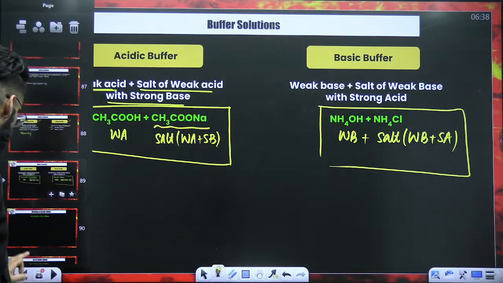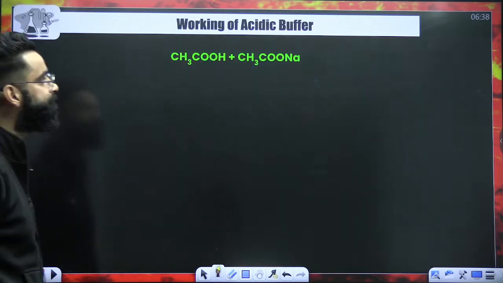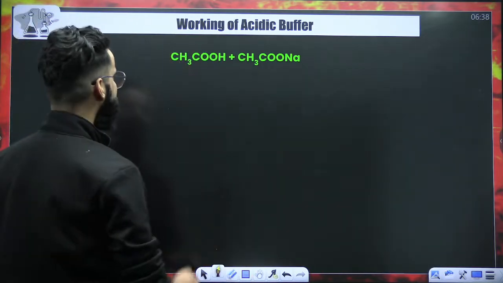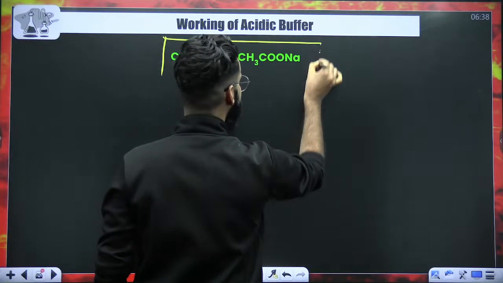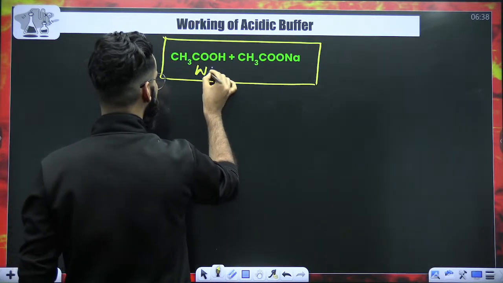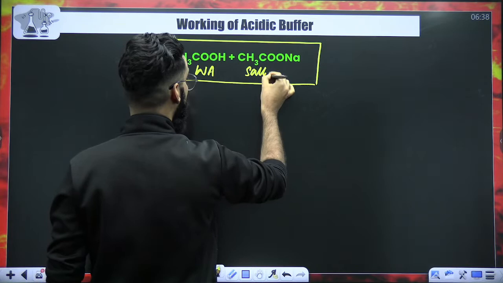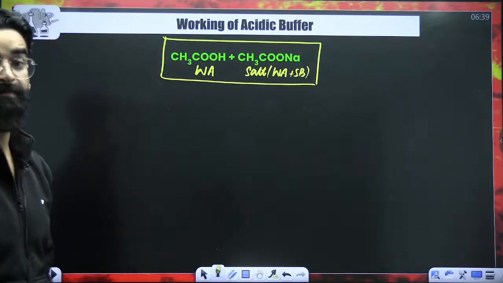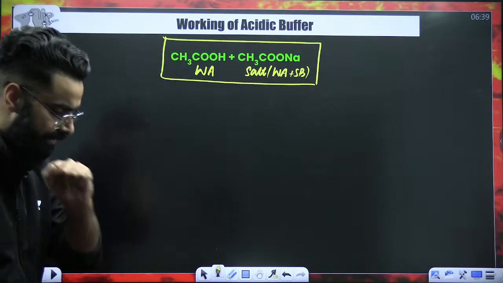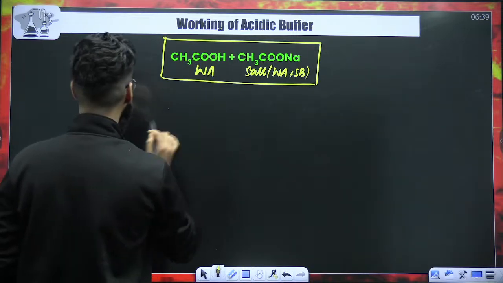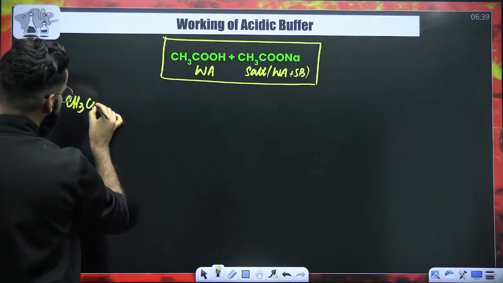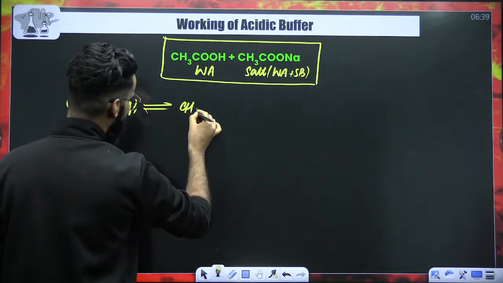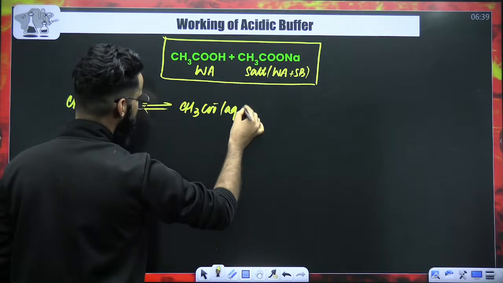Now let's try to understand how these buffers exactly work. First of all, imagine that in the container you have got a weak acid and this is the salt of the same weak acid with a strong base. So should I be calling it an acidic buffer? Absolutely, I should be calling this the acidic buffer. Now try to understand. CH3COOH is a weak acid. If CH3COOH is a weak acid, can I say it's going to remain in equilibrium with its ions,